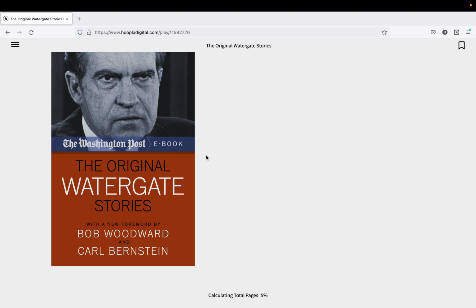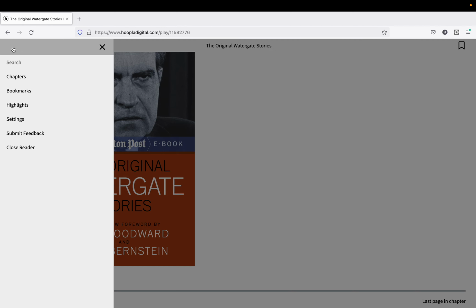And it's going to bring this up in a viewer for us. Here at the bottom, it says it's calculating the page totals. That means it's loading the book into our browser. If we go over here to the sandwich icon in the far left, we can click on it, and it's a table of contents, along with some other features.